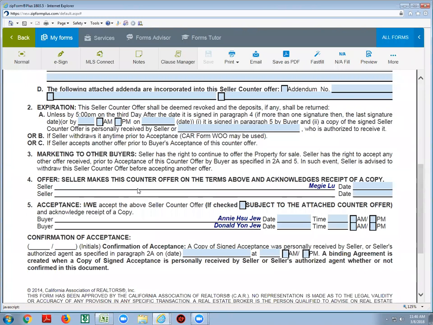So that's why, as a listing agent, that's what we suggest. You don't want to create more trouble. I know you're receiving the offer, but don't accept that offer until you withdraw the prior counter. Make sure they receive it. Make sure you withdraw this seller counter offer, and make sure they confirm and receive it before you accept